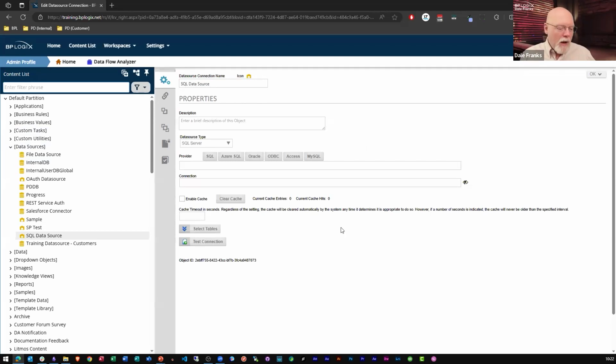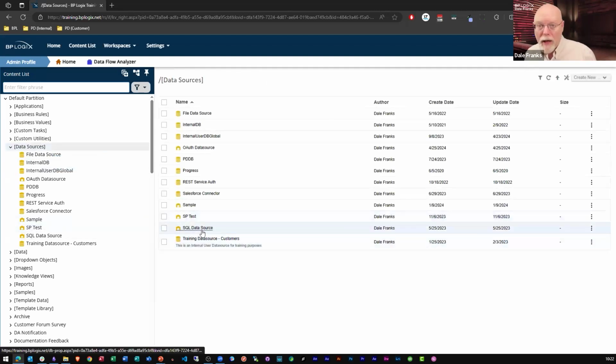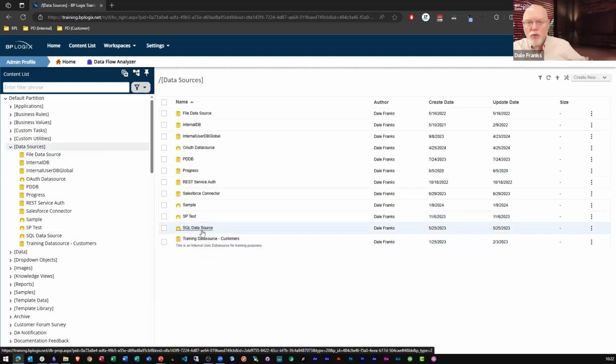So with that in mind, I'm looking at two different databases. However, when I do the import, the only thing that the import process is going to care about is, A, does this data sources folder exist? And if it does exist, is there a data source in there called SQL data source? If so, my linkage will work automatically when I import from development to staging and from staging to production. The data I'm going to see when I run the forms and perform the queries obviously is going to be different, but the objects exist. They have the same name and they're in the same folder location.